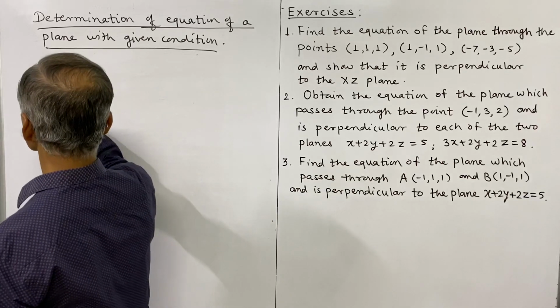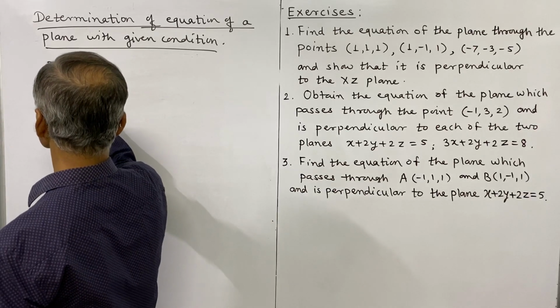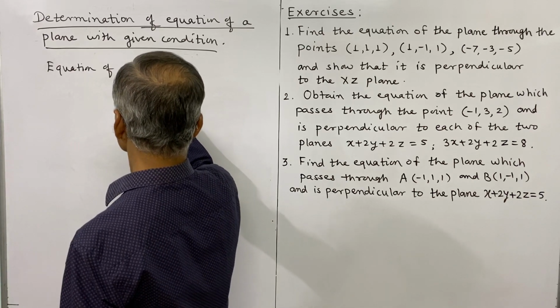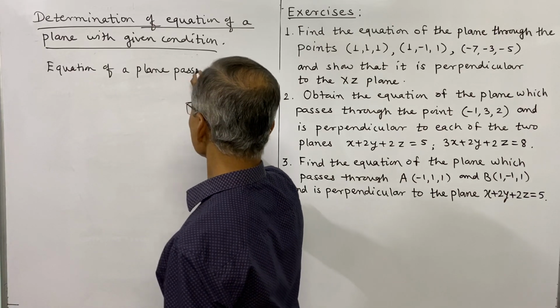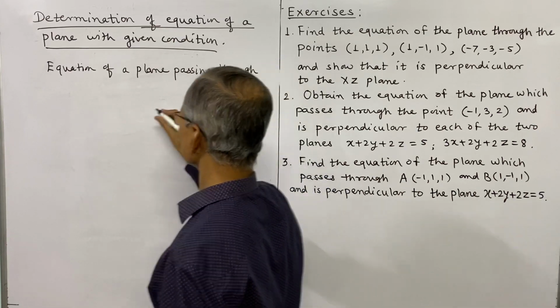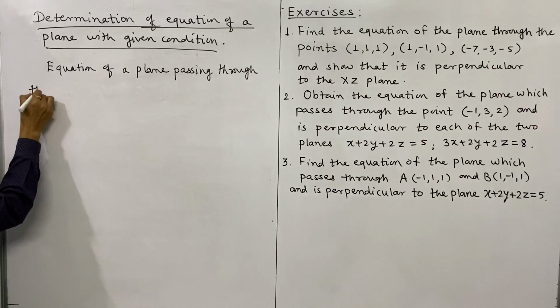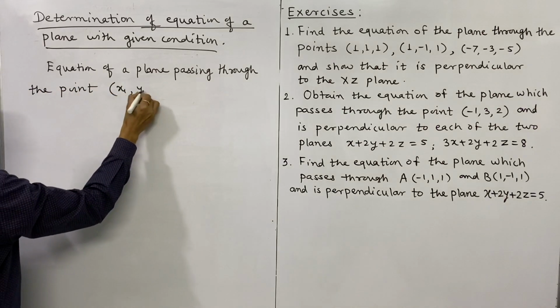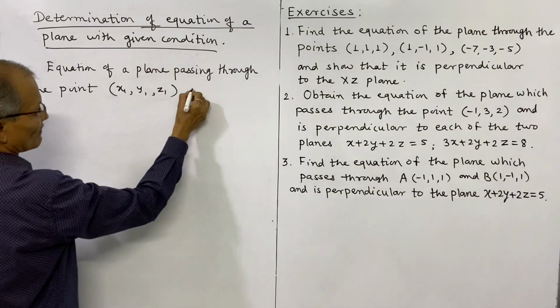So we'll first note that equation of a plane passing through the point whose coordinates are x1, y1, z1